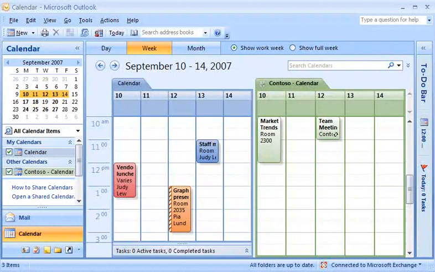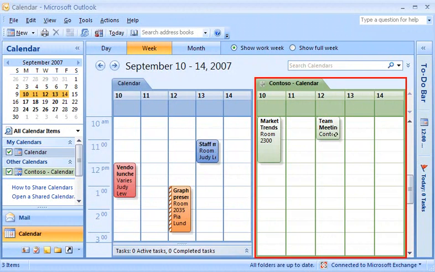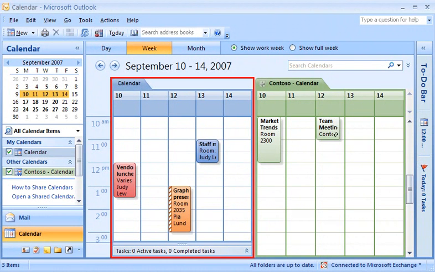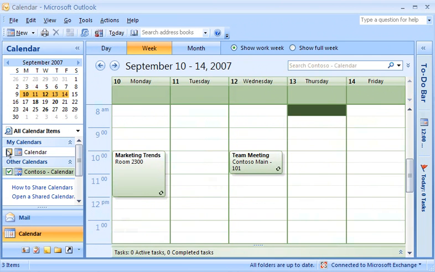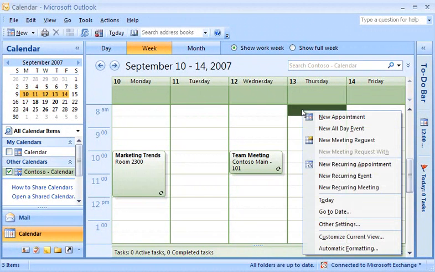The SharePoint calendar opens in the side-by-side view to the right of my Outlook calendar. If I only want to view the SharePoint calendar, I can clear the checkboxes for the other calendars that are selected. Now with just my team's SharePoint calendar displayed, I can work with the calendar just as I would with any Outlook calendar. For example, the owner of this SharePoint calendar configured it so that people on my team can